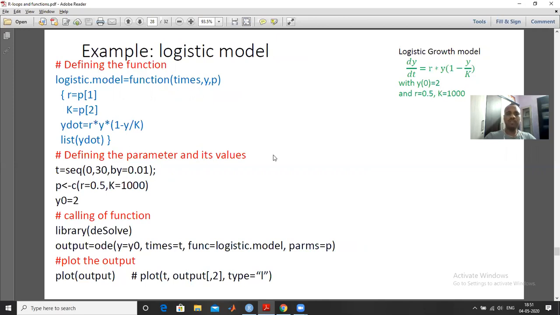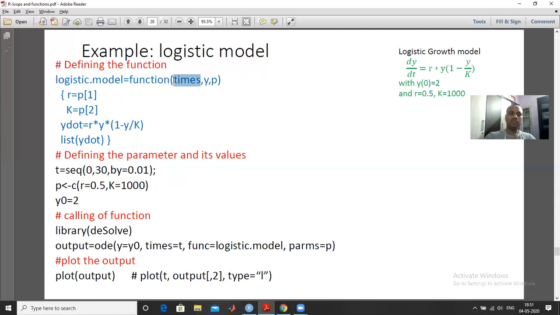Now what will be the change between the previous example and this one? The function is defined like this. I give the name logistic.model for this, and the function keyword remains as it is. This is the predefined word, and then times, y and p.